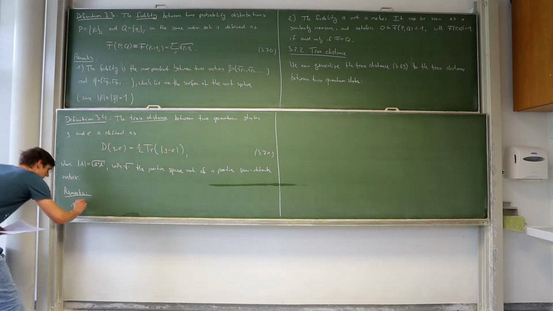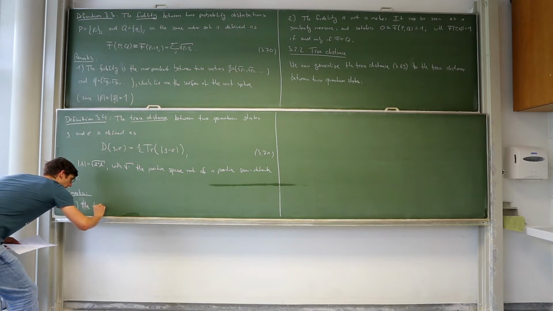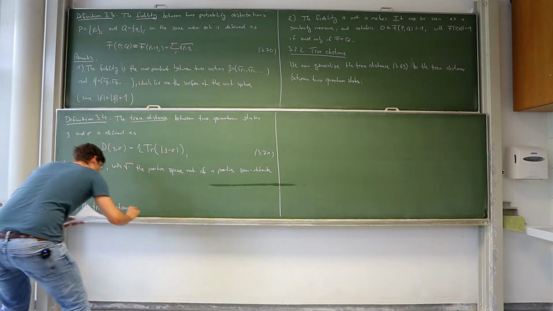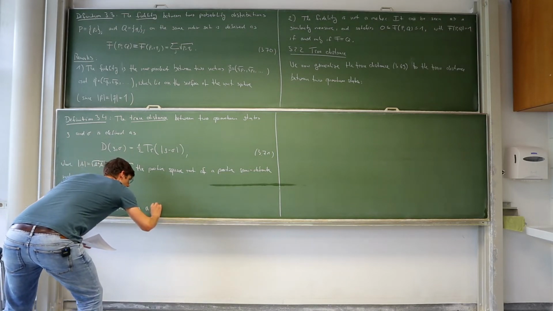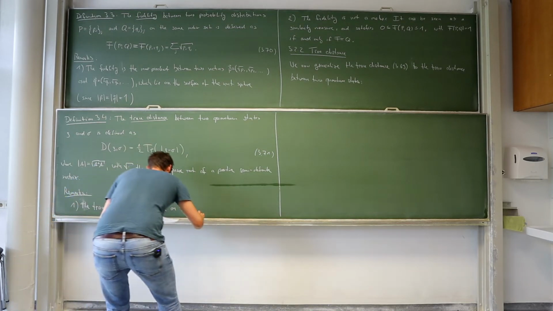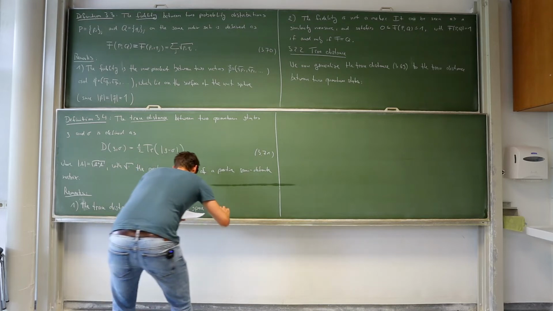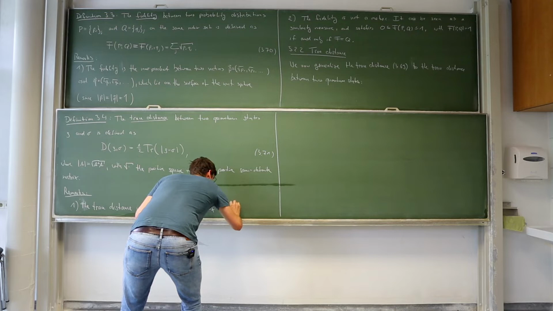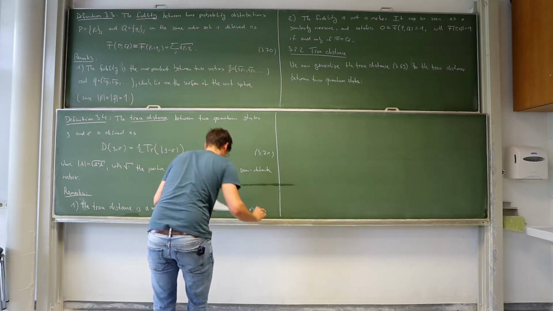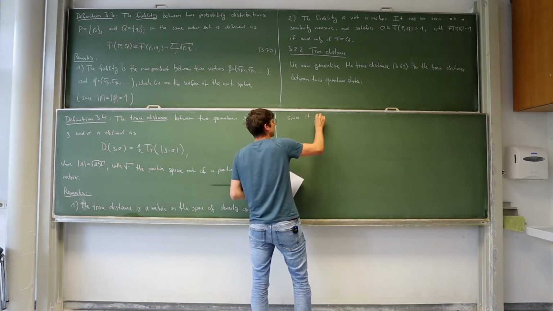So the trace distance is a metric on the state space, or on the space of density operators, since it satisfies